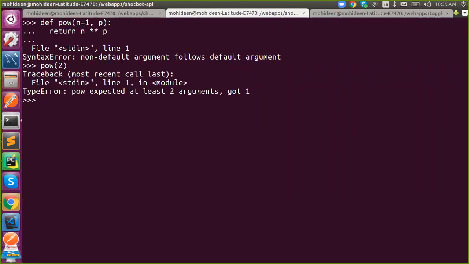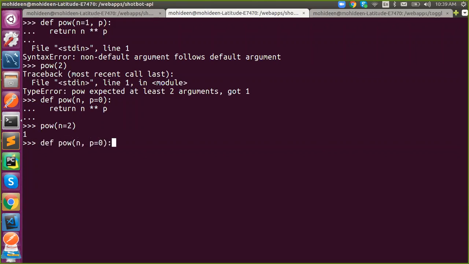So then, now I'm going to define non-default and then default. So this is valid syntax. Now I'm going to call a function with n equal to, so the answer will be 1.